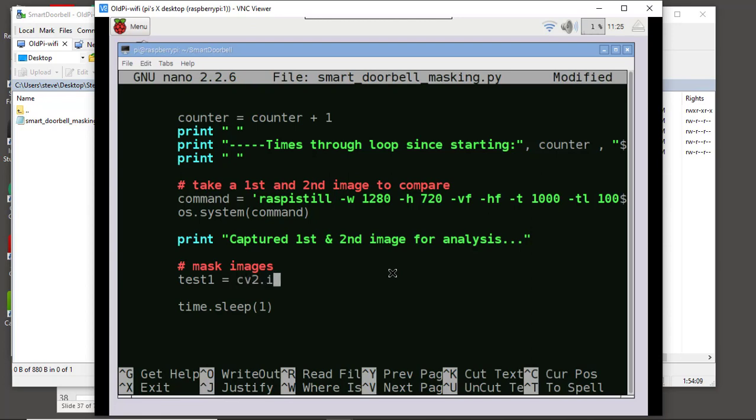Let's go ahead and we'll cv2.imread. We'll read in those images that were recorded by raspistill, and we'll go ahead and read in test2. That'll be cv2.imread of test1. Okay, so there's our first and second image. And then we'll punch those through the